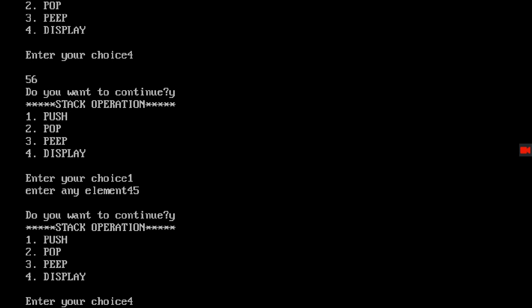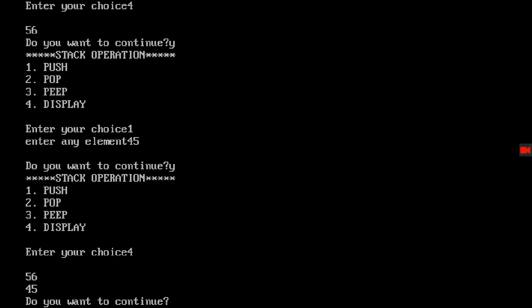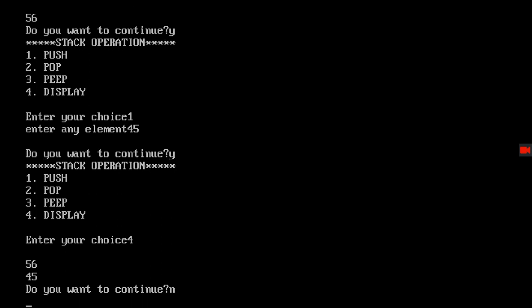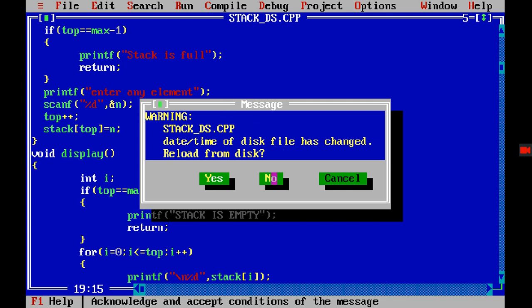But according to what we have, 56 is the first one and then we have 45. This is just a printing pattern, you can print anywhere. So it's a pattern. What we have studied in the theoretical part is that 45 should be above 56. So what we need to do, simply, is reverse the loop, right?